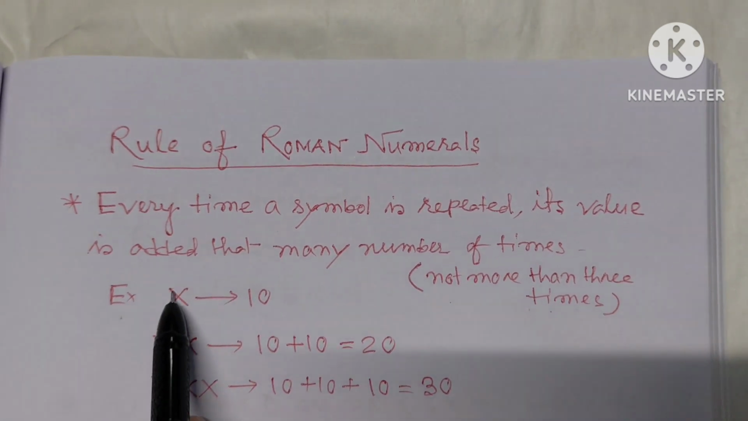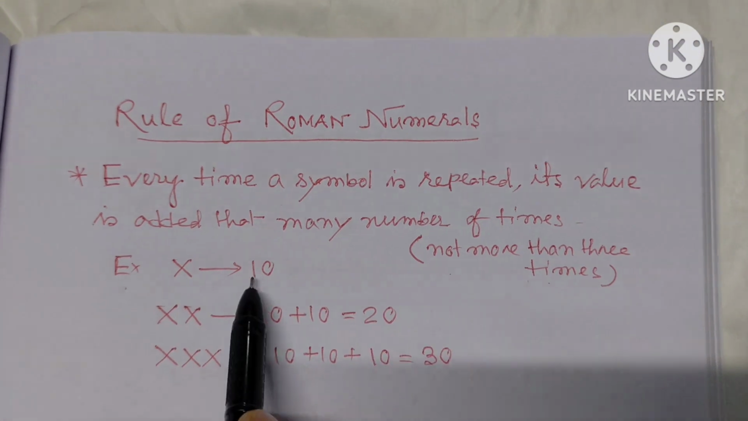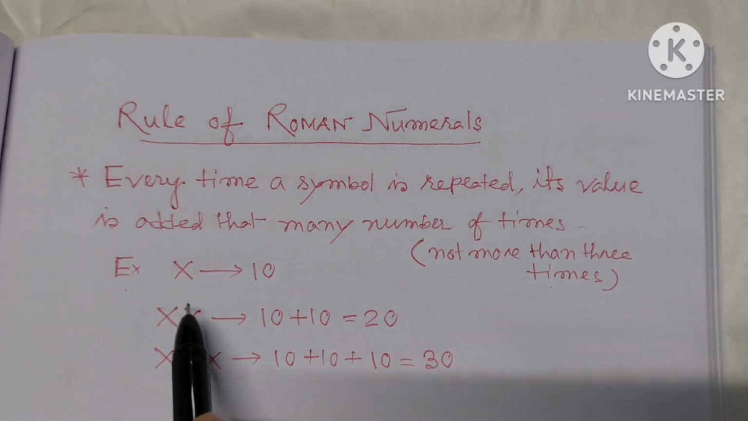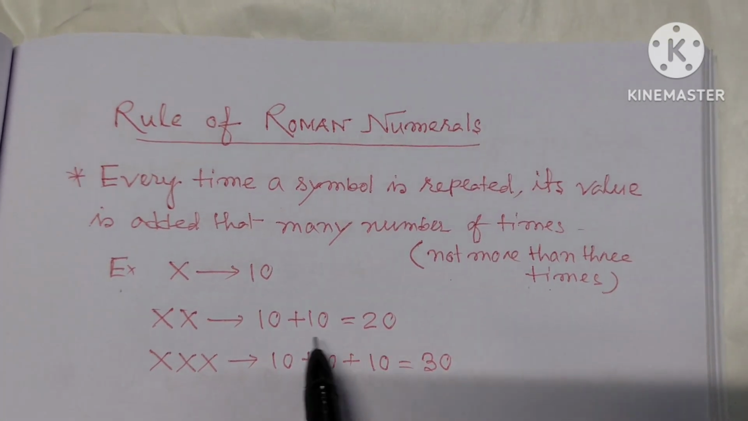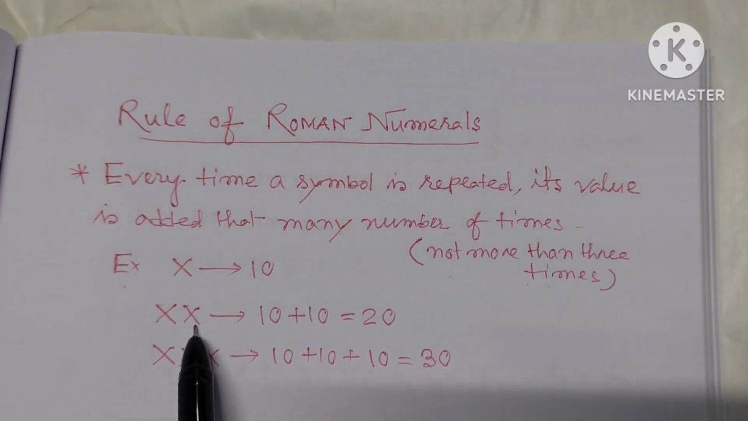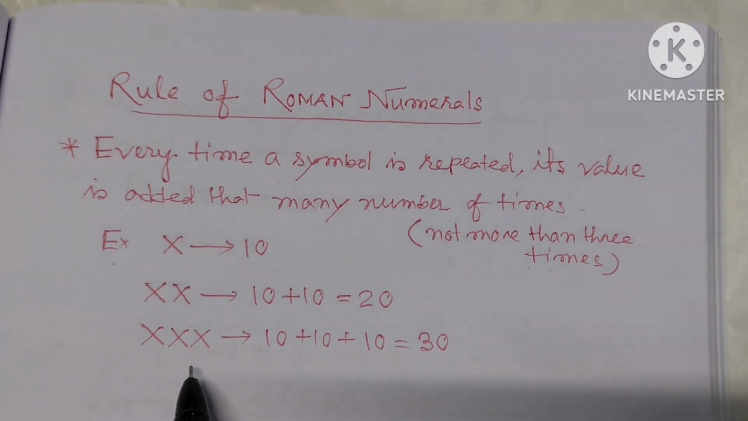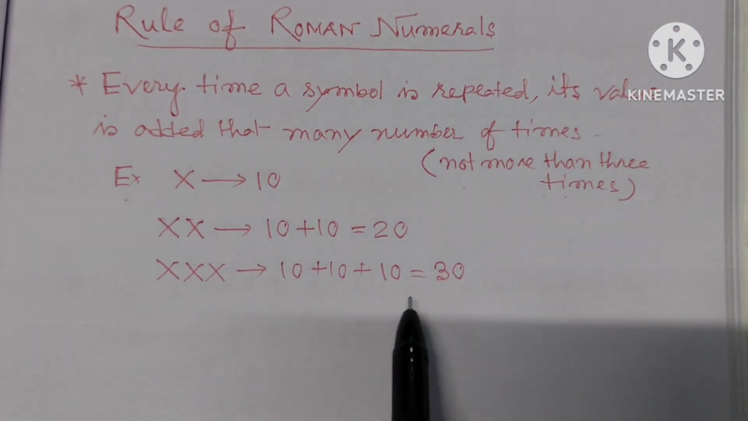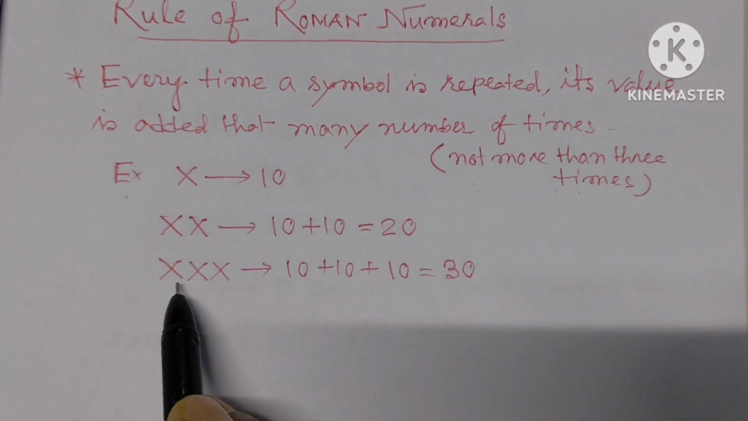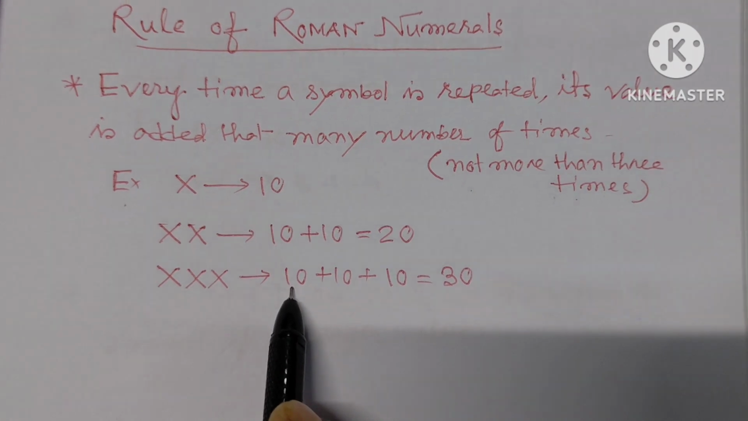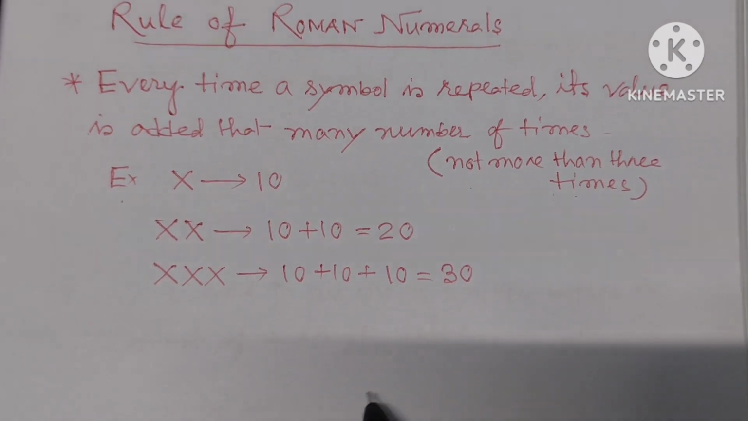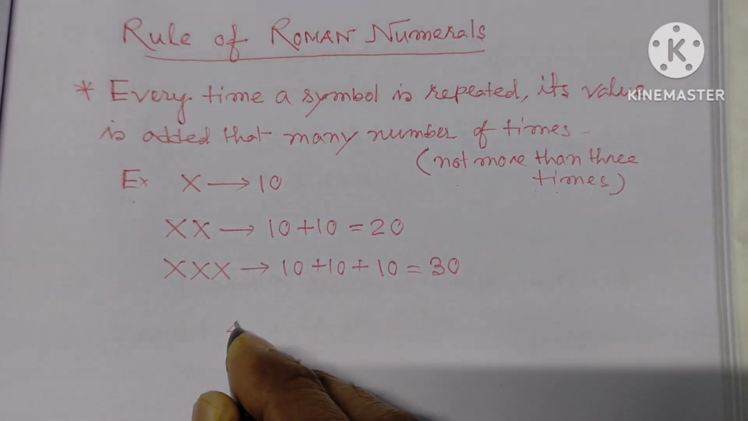As for example, 10 in Roman we have to write X. Suppose 20 means 10 plus 10, we have to write 2 X's, that means XX. In this way, suppose 30 means what? 10 plus 10 plus 10, we can write XXX. But if you want to write 40